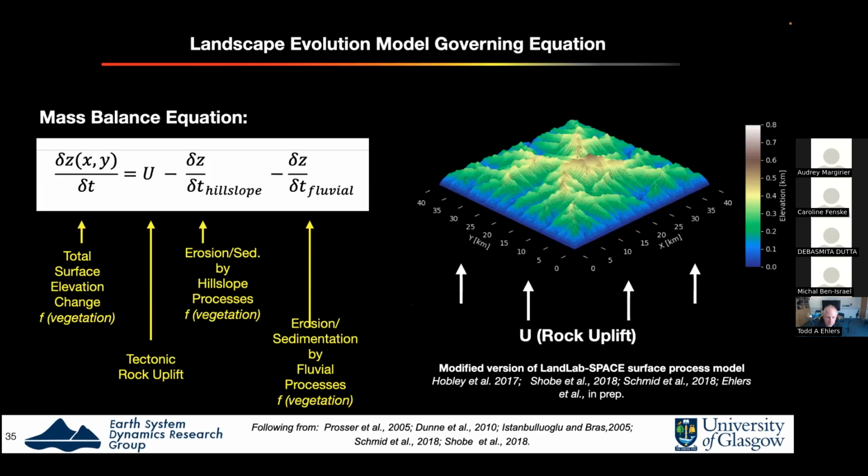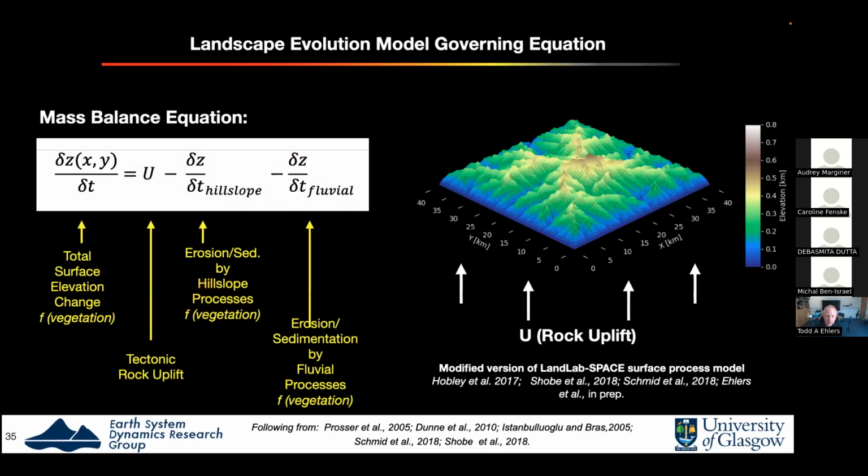The idea is that when you have a mass balance type equation for this, in any particular grid cell here, we're looking at the change in elevation with time as a function of vegetation. The way we do that is you need the mass input from rock uplift. This is what we've prescribed based on our other studies. Then we have a lowering of the landscape by these two different components, be it hill slope or fluvial. And what we've done is these terms are parameterized as a function of changing vegetation cover within that